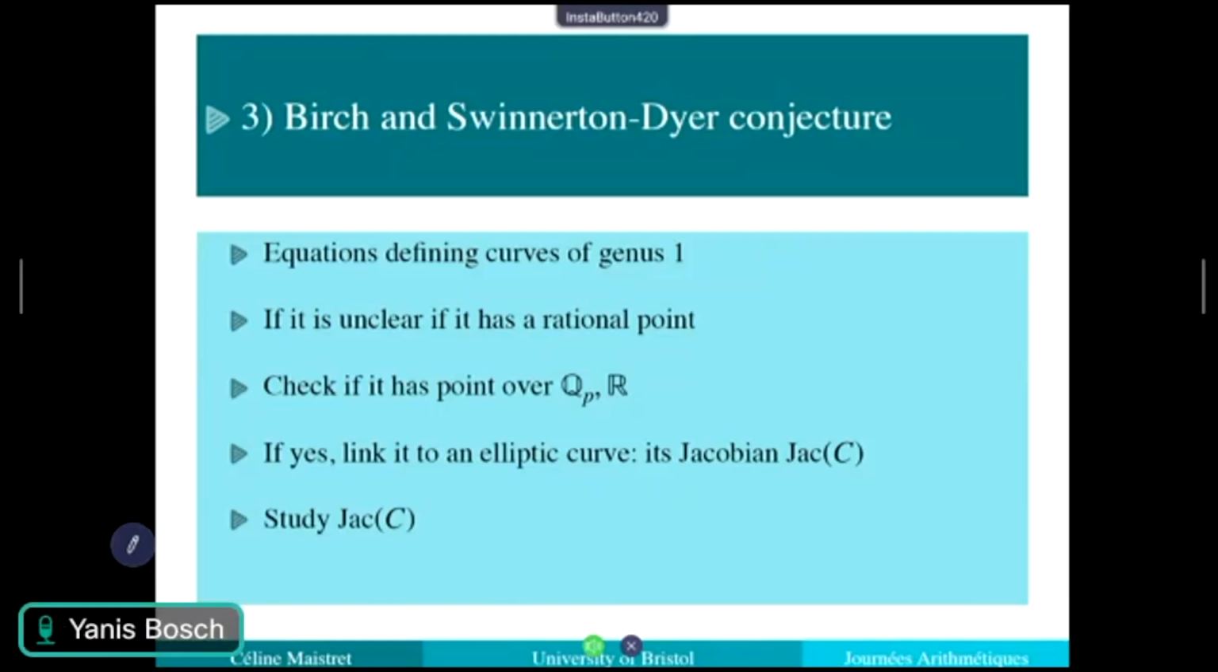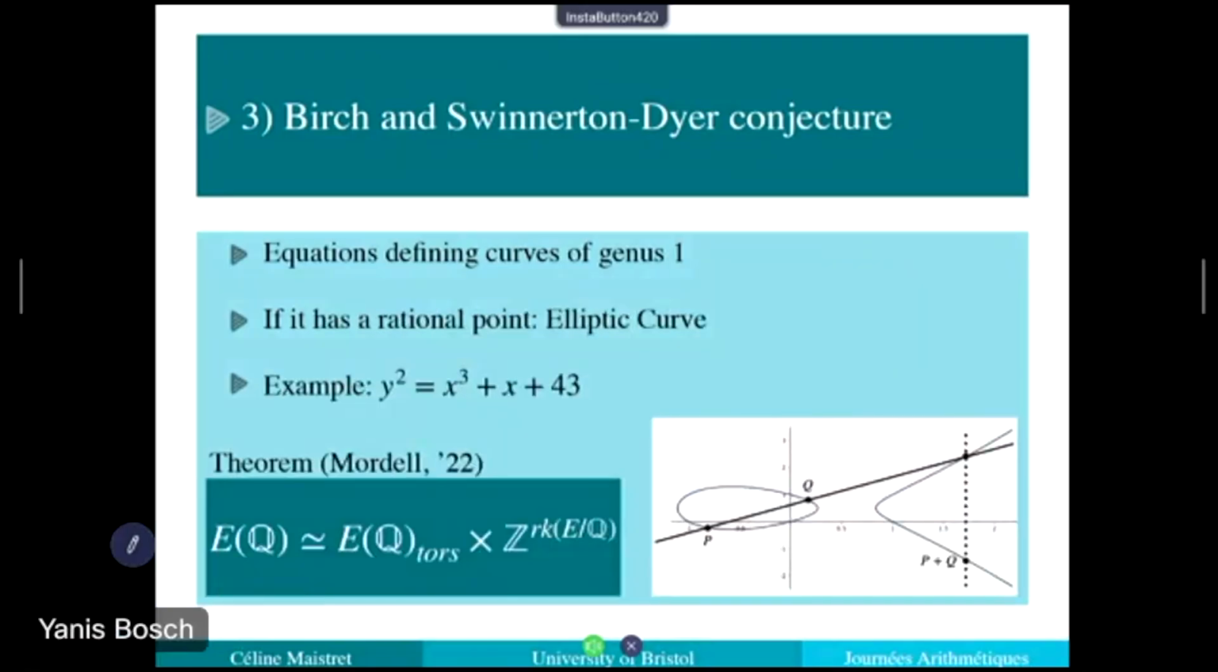So what we do in this case, you take your curve C, the one you try to understand if it has a rational point, and you link it to an elliptic curve. This elliptic curve is called its Jacobian. And then if you want to understand if you have a rational point on your initial curve C, you study the Jacobian. So we're back to square one, where we need to study an elliptic curve in both cases. And this is where the bridge comes in. This is the Birch and